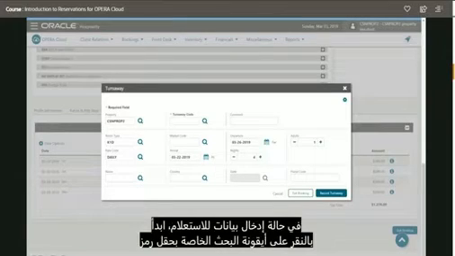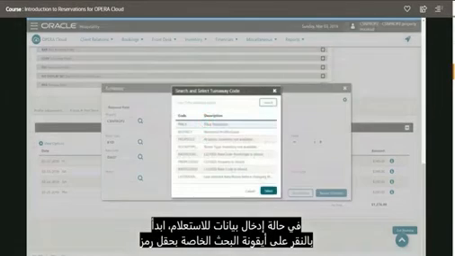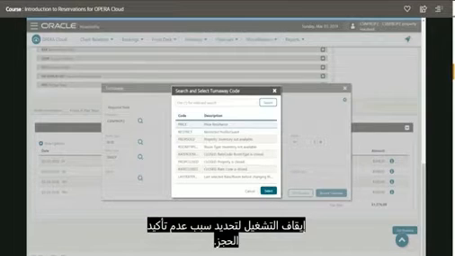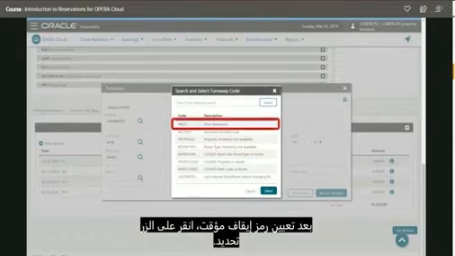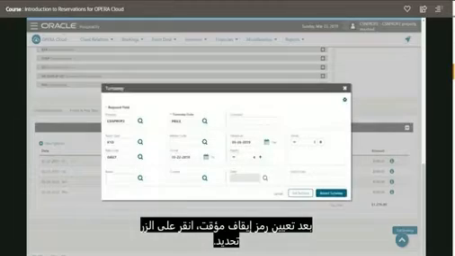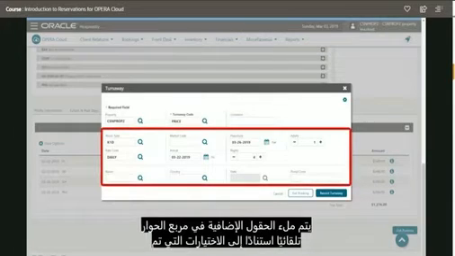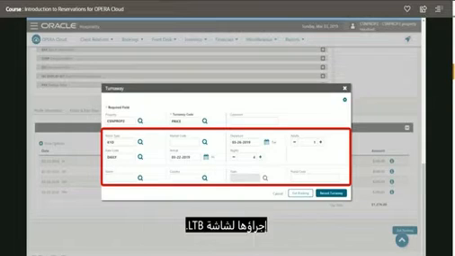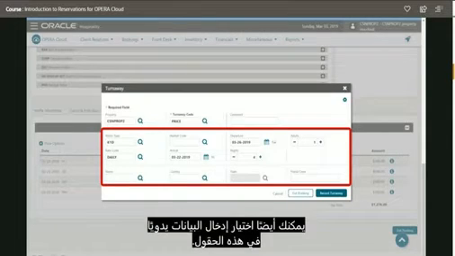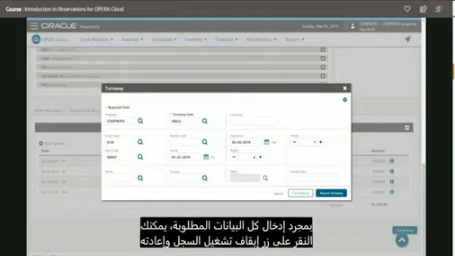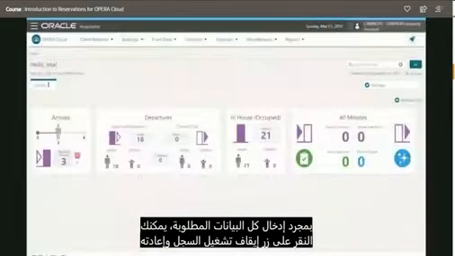If you are entering data for the inquiry, begin by clicking the Turnaway Code Fields search icon to specify a reason the reservation wasn't confirmed. After you have designated a Turnaway code, click the Select button. The comment field is optional and used to enter additional information regarding this inquiry. The additional fields in the dialog box are automatically populated based on selections made for the LTB screen. You can also choose to manually enter data in these fields. Once you have entered all the required data, you would click the Record Turnaway button and be returned to the